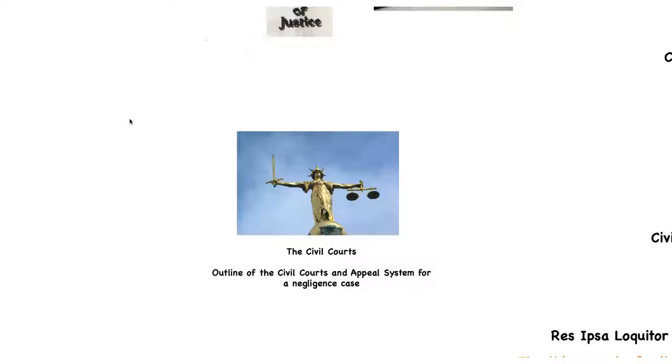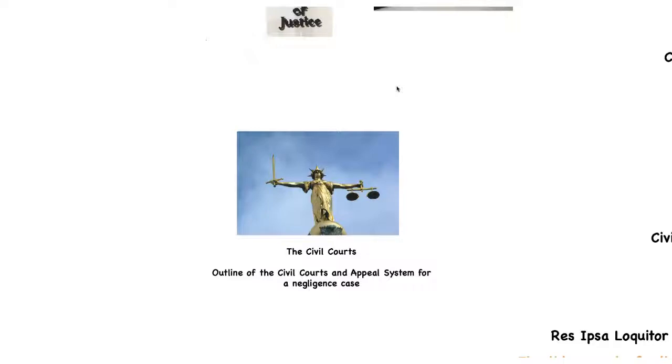Once again, these are designed to support AQA's A-level syllabus, particularly Unit 2 and the element that finishes after the tortious liability part. There are 3 videos. The first one we're going to look at is the outline of civil courts and the appeal system. We're then going to look at the procedure to trial and how we get a civil case to trial. And then thirdly, we're going to look at damages and the award of damages.